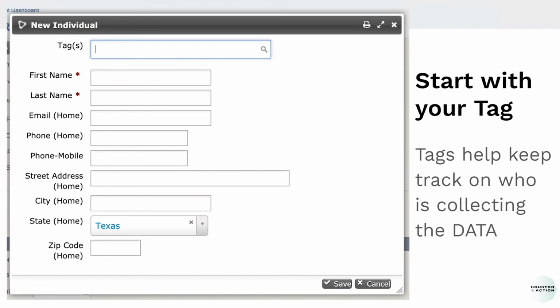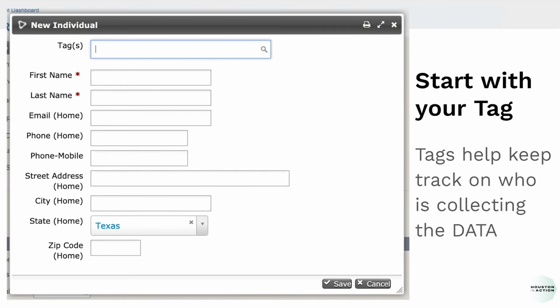What we mean by tag is that this is the way we track which organization is registering which individual. So if you have an event of 50 people, each of those 50 people needs to be tagged for that event. If you do not tag people, then that data ends up in our system without a tag, and it will not be tracked to your organization.